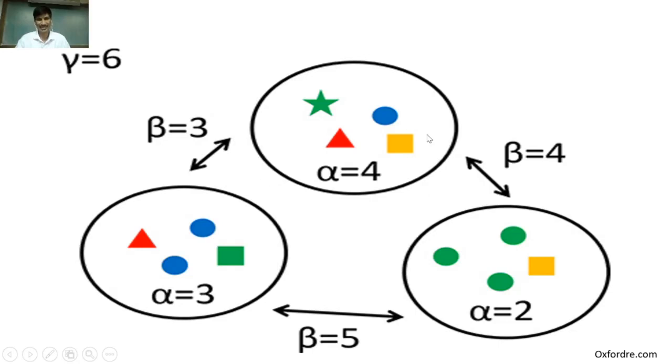Then in the second study area, we observe 4 different types of animals. Different shapes are considered as animals. So the alpha value of the second study area is 4. And for the third site, there are 2 types of animals we have seen, and this is known as an alpha taxonomy value of 2.